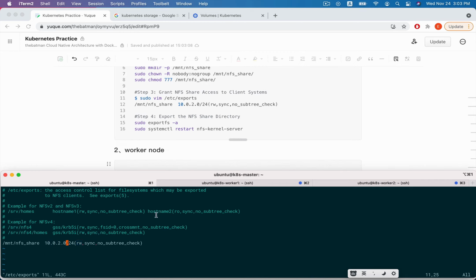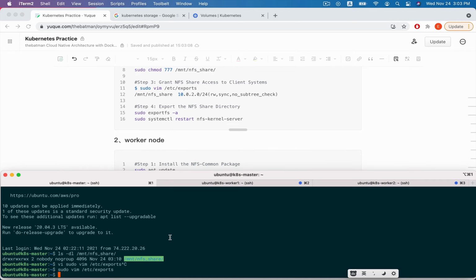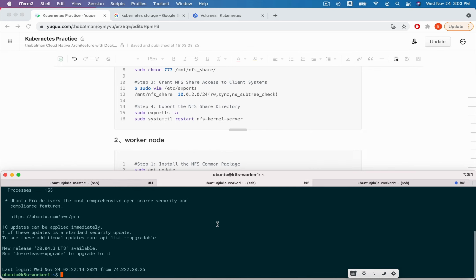Okay, we save, and we export the NFS share directory. Use exportfs -a and restart the NFS kernel server. This is what we need to do in the server node, and now we go to the client.